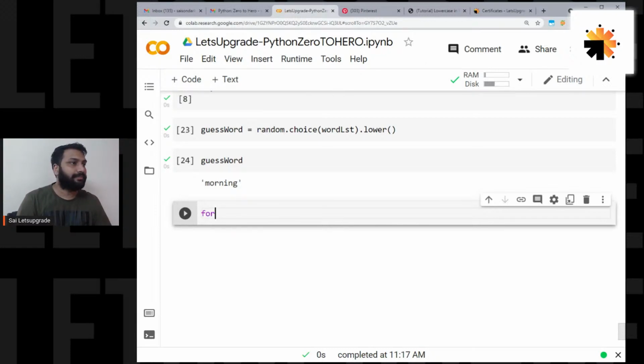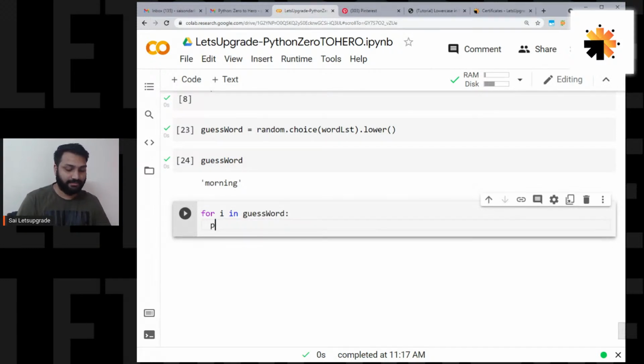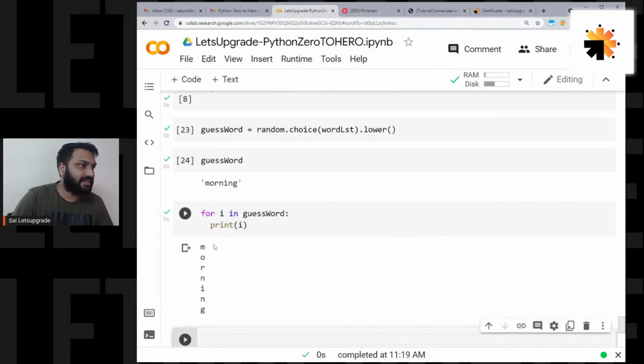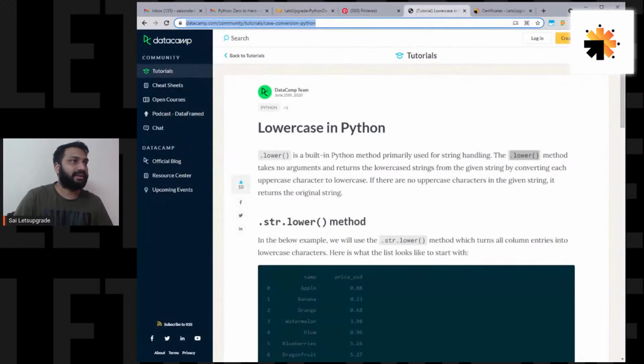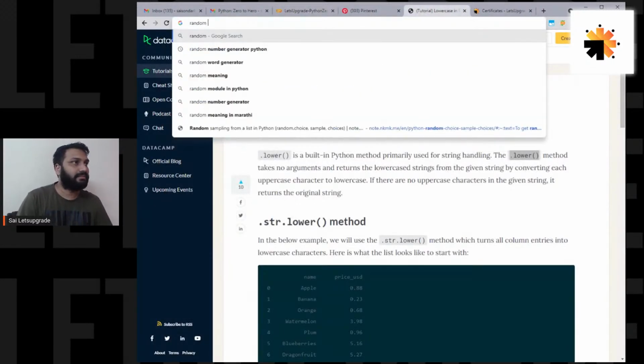Okay, for i in guess word. So what we can do is, see, it is actually giving us each and every character. So it has selected morning, and after selecting morning, see, each and every character of morning is printed. So now we have to just put up a random module again here. We need a random module, random number